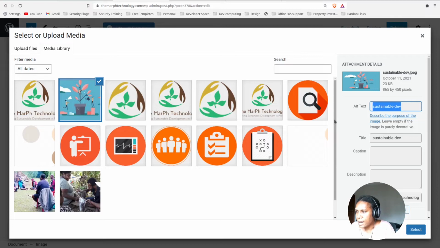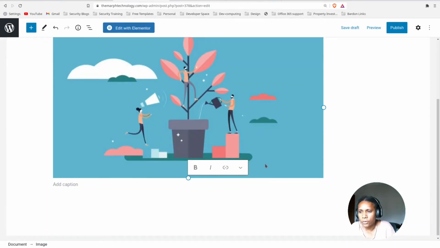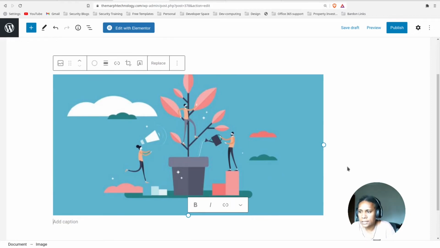These are important for optimizing your website. So it's important that you put a name that works well for your website for optimization purposes. But for now, since I have already given a name here, I'll just go ahead and click on select. Now you see it has added this image onto the